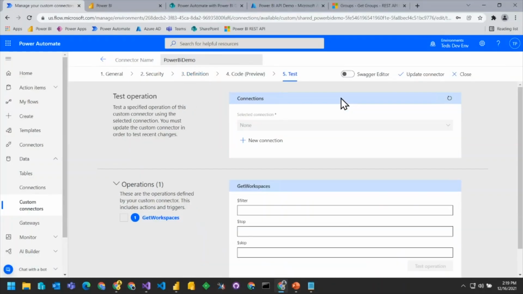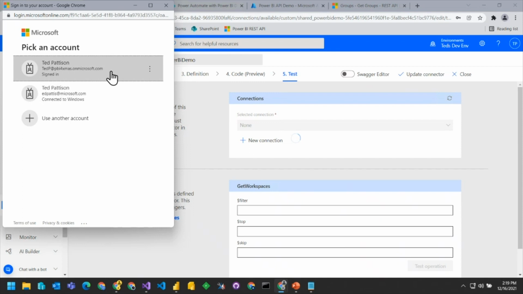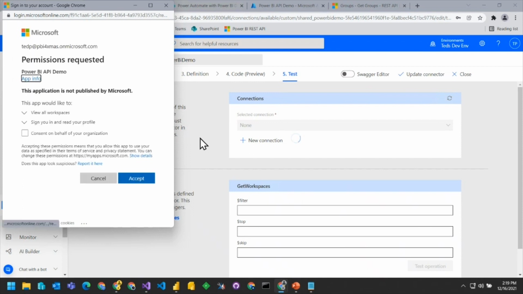So before I test it in a Canvas app or Flow, I can test it right from the custom connector editor by going to the test tab. Now, note that we don't have a connection yet. So you have a custom connector definition, but you need a connection based on that. So here, we're going to say, give me a new connection. We're going to go ahead and authenticate as this particular user. And the first time you do that, here is the dialogue that you're going to see. Once again, I told you, if you create the application and you do an admin consent, you can make it so users don't see this. But if you don't, each user will see this the very first time they run it.